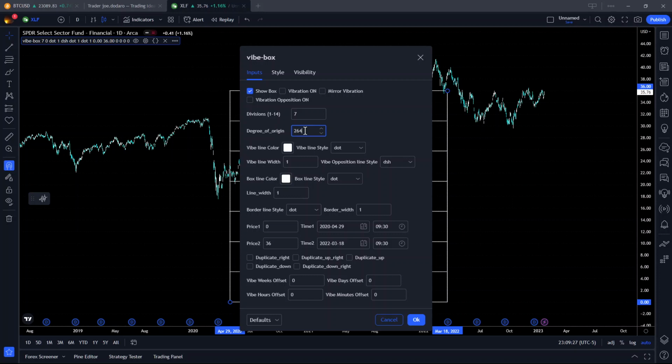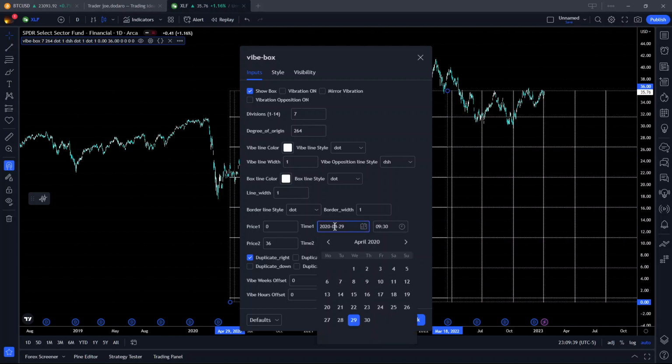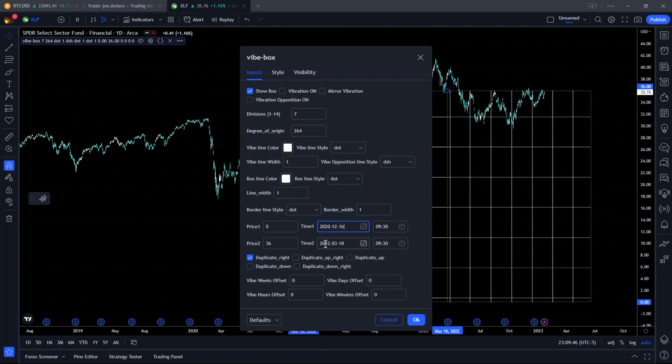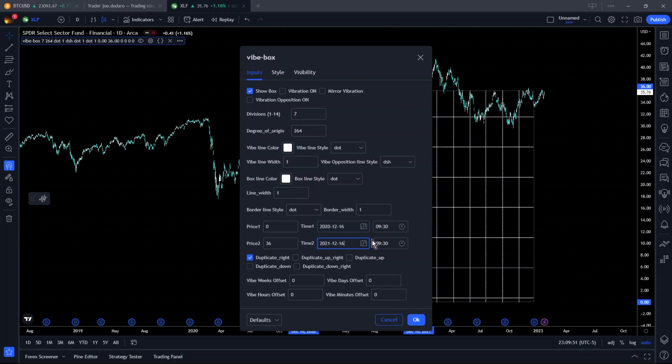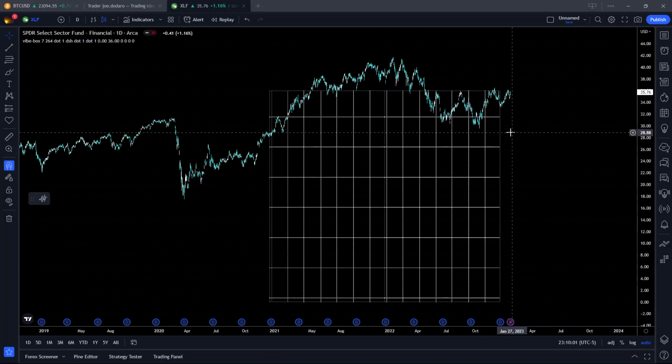And I want to set this then within the year that we're working, or the 2 years that we're working, because I could duplicate it to the right so we can get another year set. I want to set it within its birth date. So 2020, 12, 16, and 2021, 12, 16. This is the yearly cycle. I'll link the previous video so that you could take a look at this technique in detail from the previous video. Okay. So we had a 2-year move there